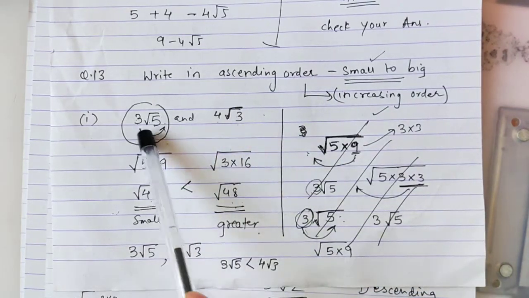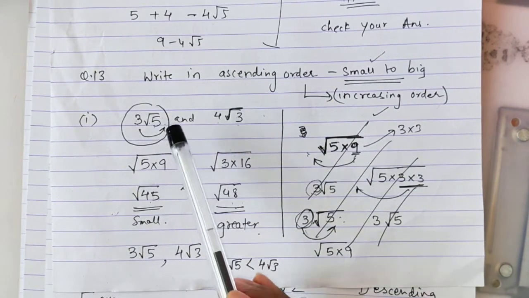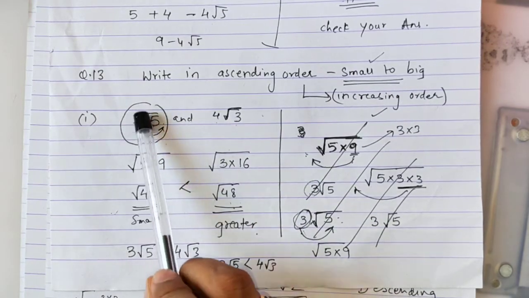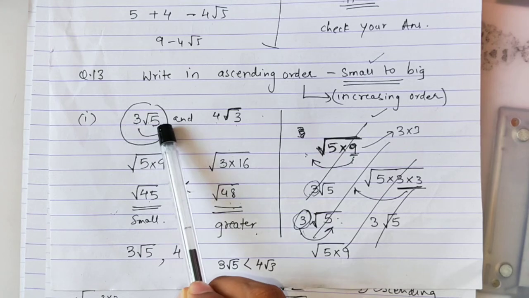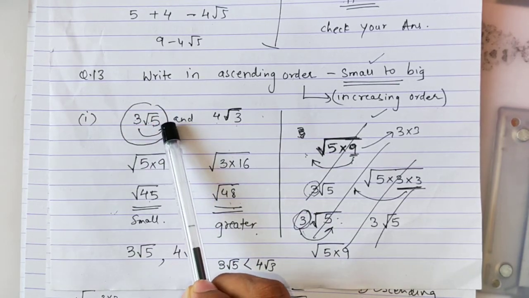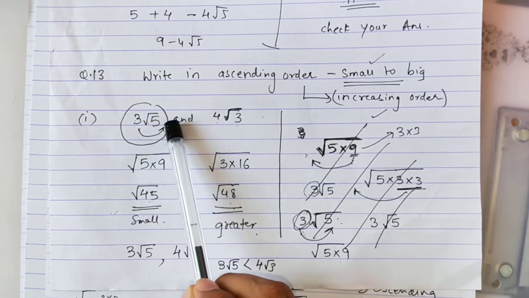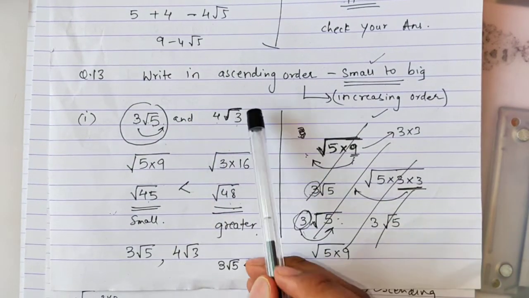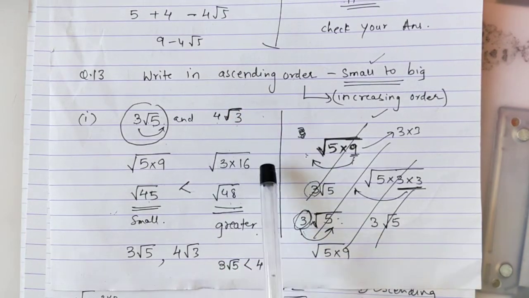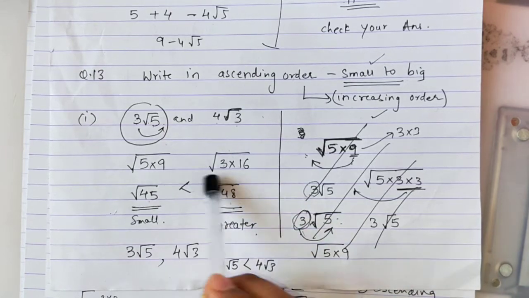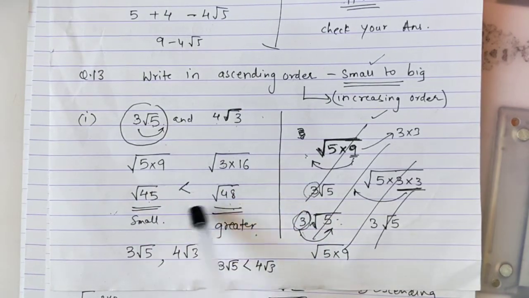So there were two numbers given in root form. We simplified them first. How did I simplify them? Whichever number was outside the root sign was sent inside. That means this 3 went inside the root. It became 9, it got squared. So 9 times 5 gives root 45. And in the same way, this 4 went inside the root and became 16. So 3 into 16 is 48. This is how I get the two numbers.